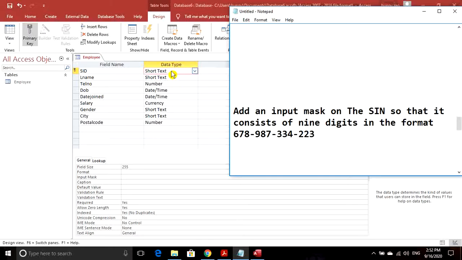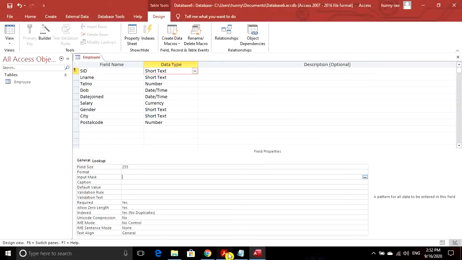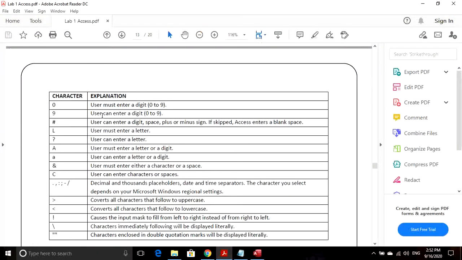Now we have to apply input mask. So we will select SIN from here and we will go to input mask field. Now from the table you can see that we have 0 if you want to enter a digit from 0 to 9.